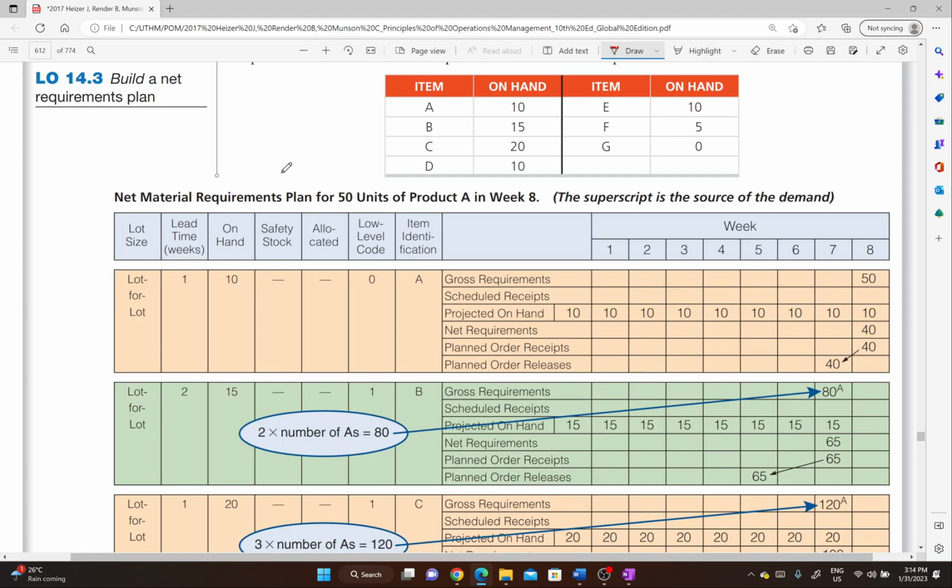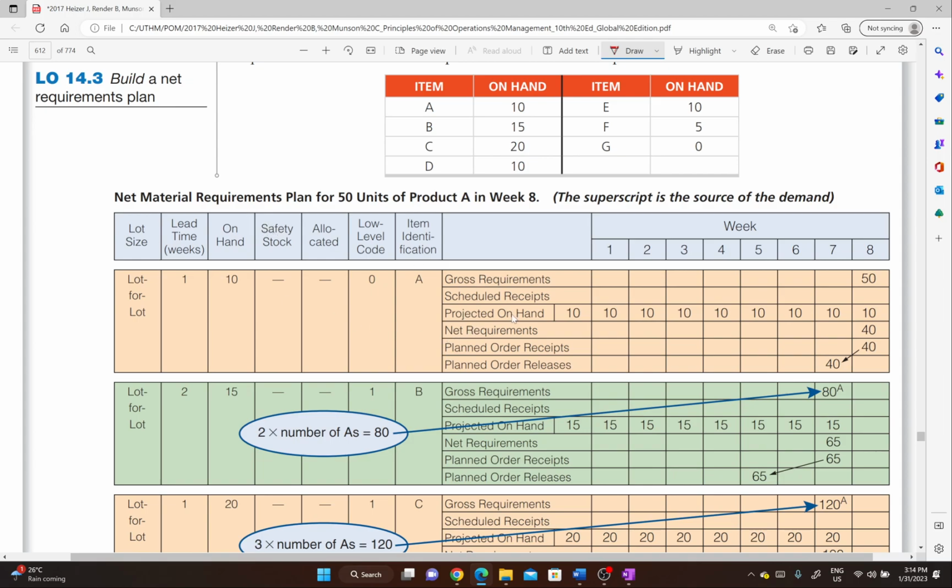Now you can see here, item A, we already have 10. The company already has 10 on hand. So these are the things you have to put in a table. Okay, we are now doing material requirement planning whenever you have on-hand inventory or net material